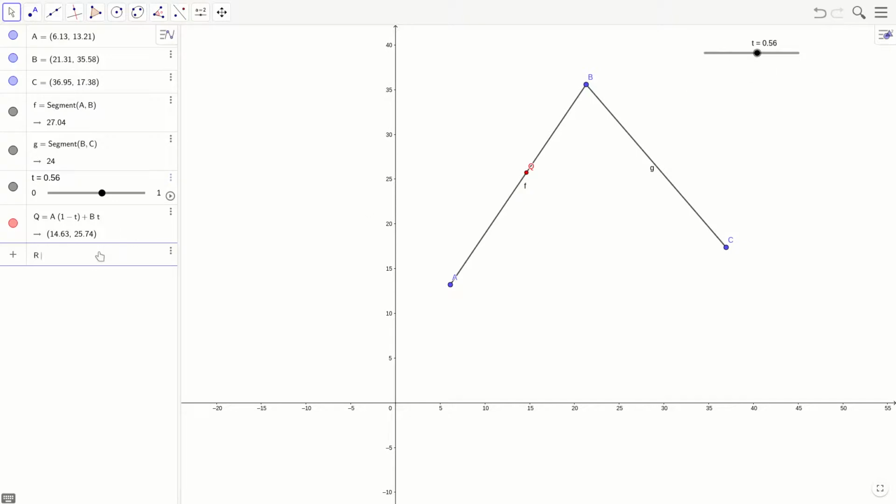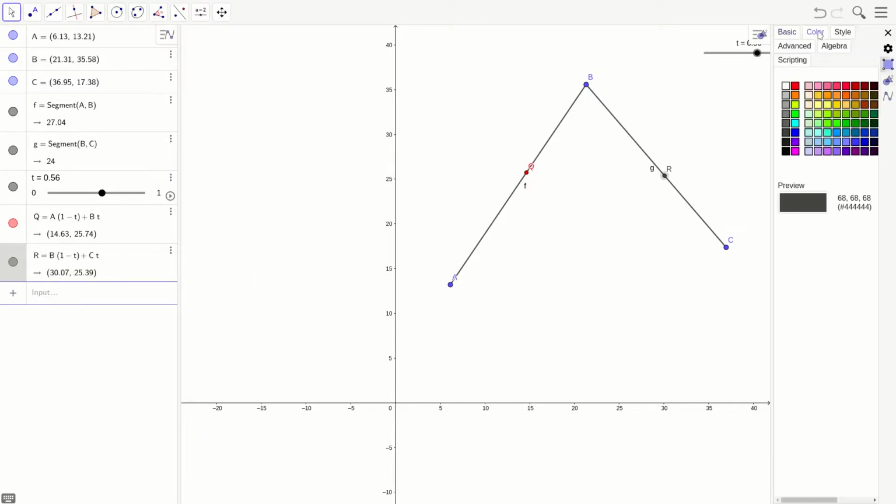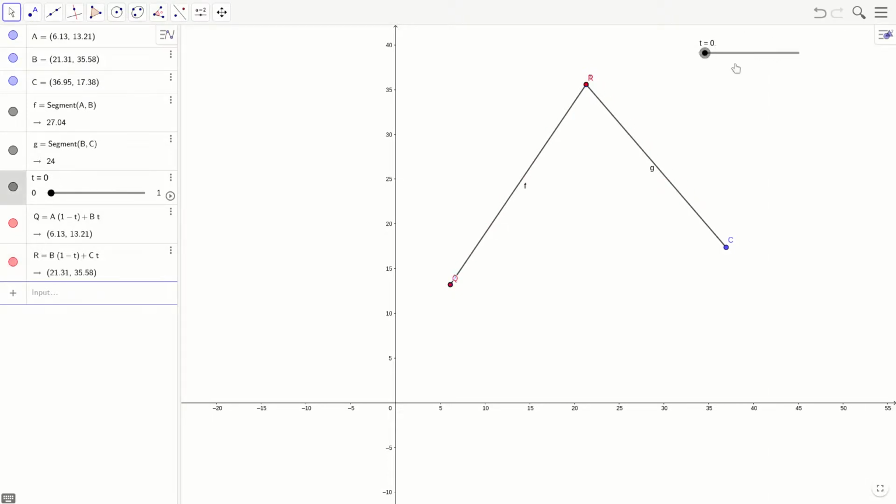Similarly, I'll have a point R which will trace a path between B and C, and it will start from B and go towards C, and we are going to use the same exact equation right here again. B into 1 minus t plus C into t. So let me go ahead and enter that. Let me select R settings and change the color of R because it's not that visible. And as you can see, Q and R both change as the parameter t changes, because they are dependent on the